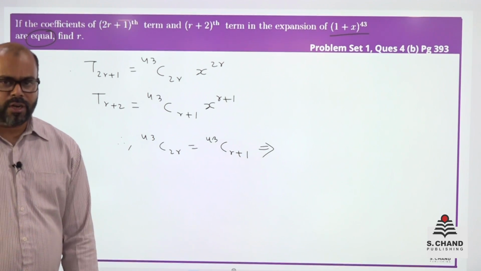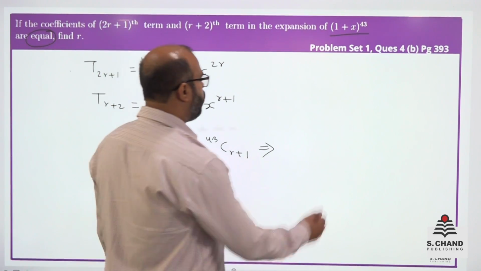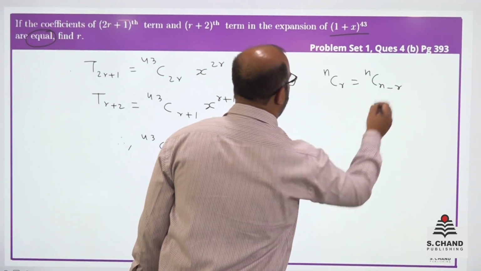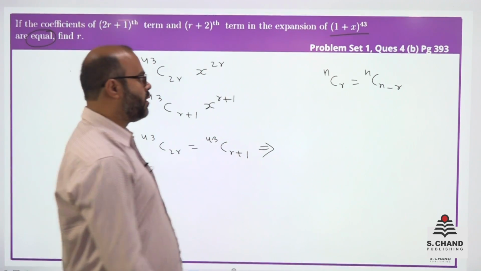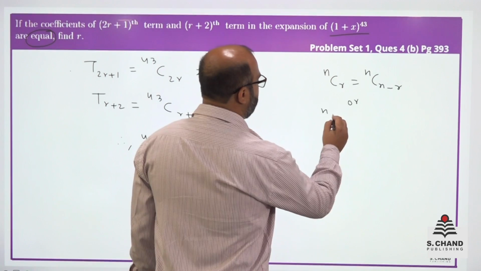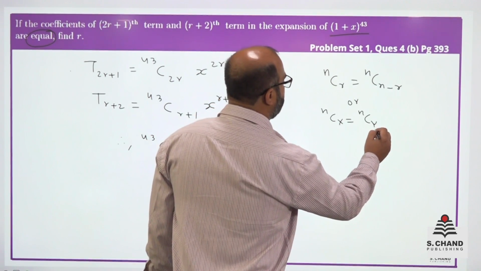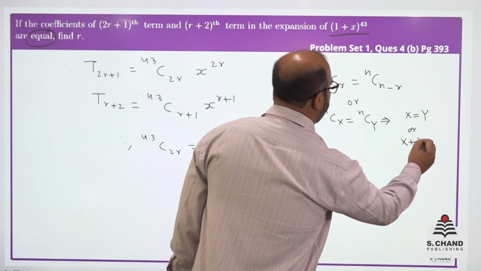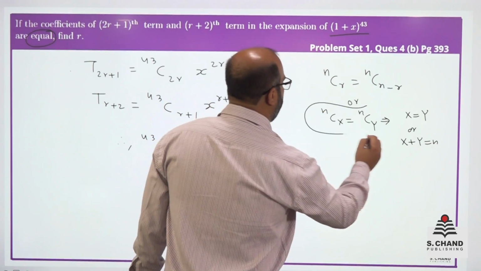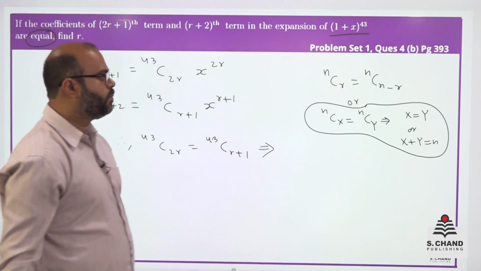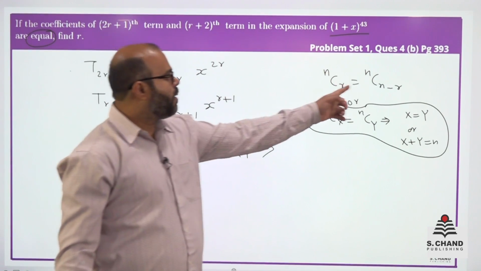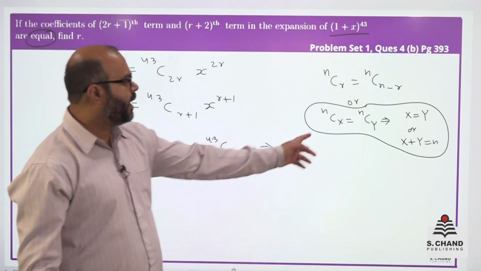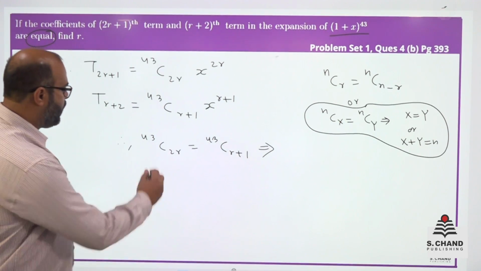Now there is a very important formula we might have discussed earlier also, and you can see in the book also. nCr is actually equal to nC(n minus r). This is a very important result. Or we also write it like this, that nCx is equal to nCy implies that x is equal to y or x plus y is equal to n. This is an important result based on the above formula. Because r plus n minus r is n, x plus y is n is another possibility, or x is equal to y, which is quite trivial. So based on that, here